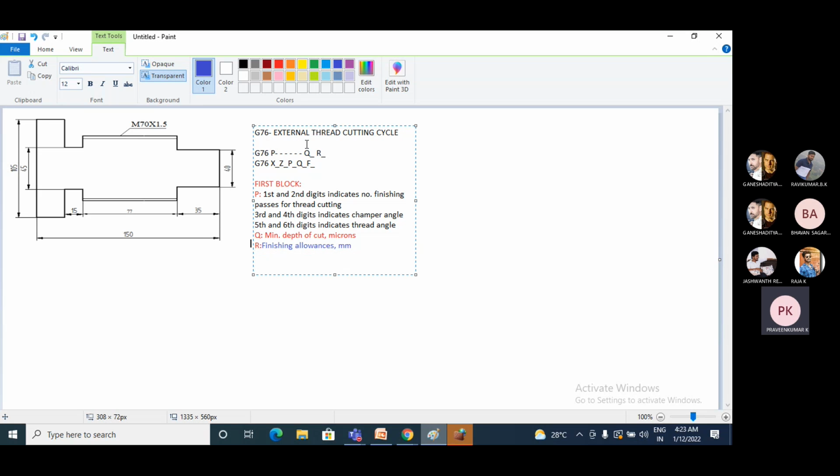Then if you go to the second block of the syntax, the second block, you have